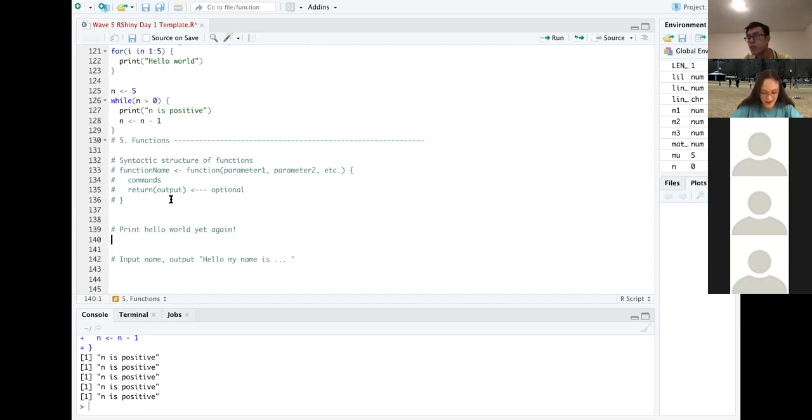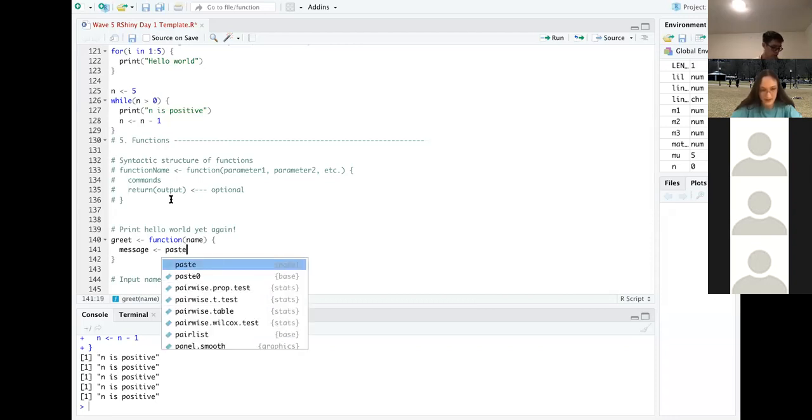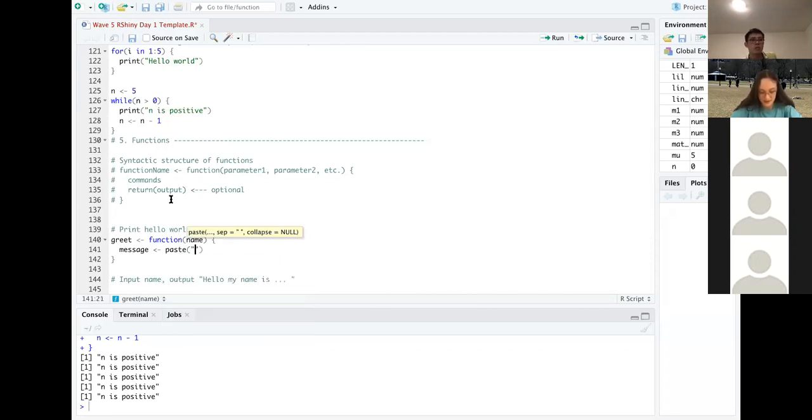So let's create a function called greet. We're going to say it's a function. It takes in a variable called name. And we're going to create a variable within this function called message. We're going to use that paste function that we learned earlier. And we're going to say, hello, my name is name.